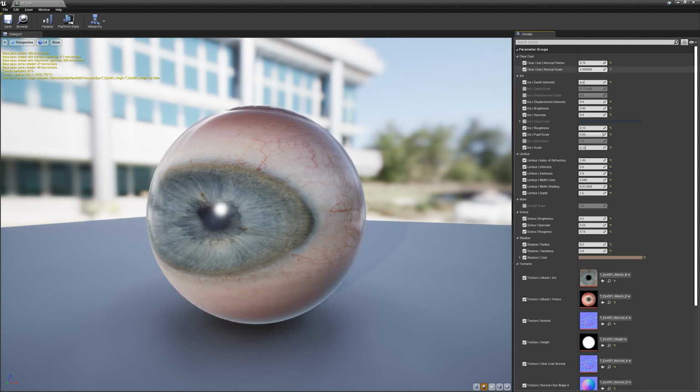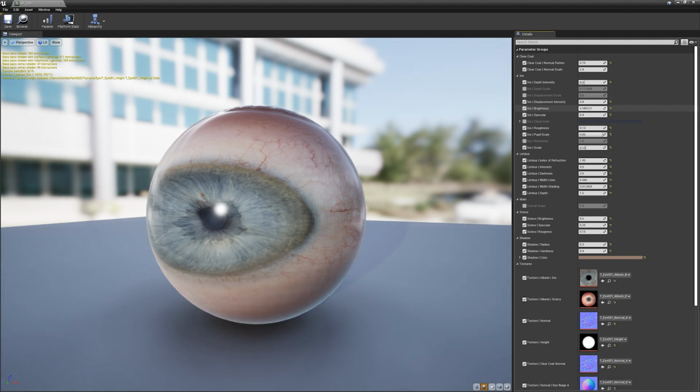I can control the normal scale for that clear coat normal. And once again, this is a normal map that's going to affect the clear coat itself. The overall iris depth intensity, I can tweak that value. Iris depth scale. Iris displacement scale. Iris displacement intensity,